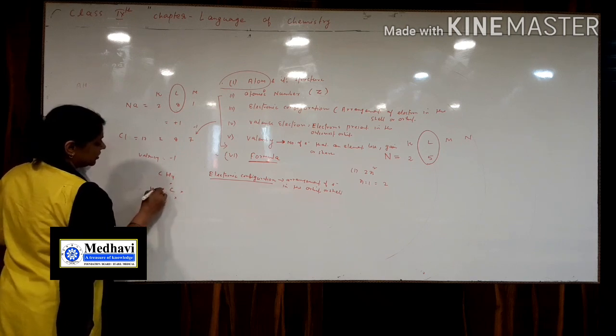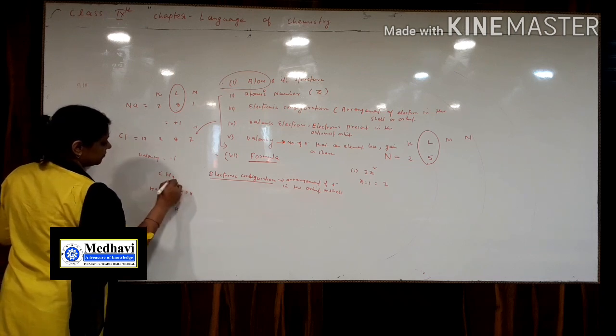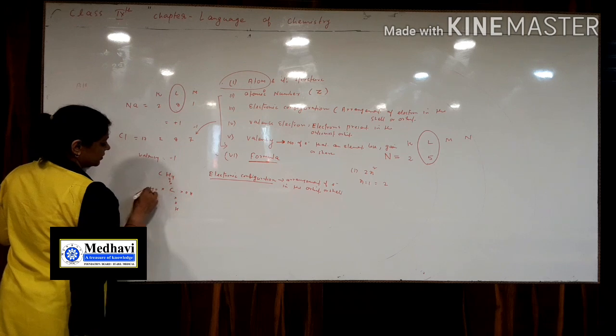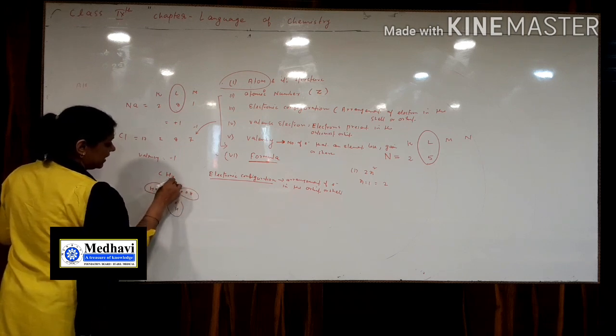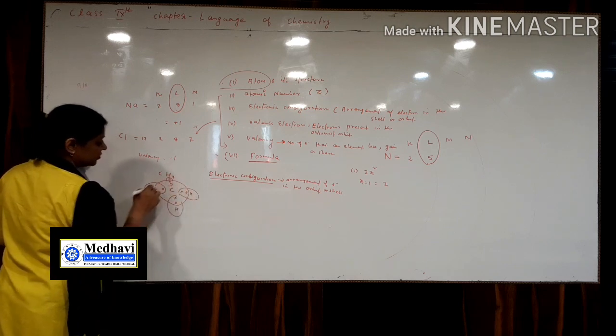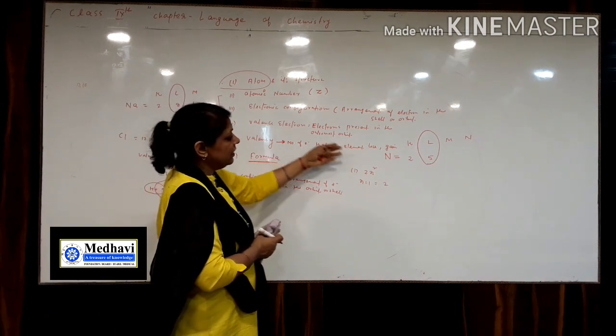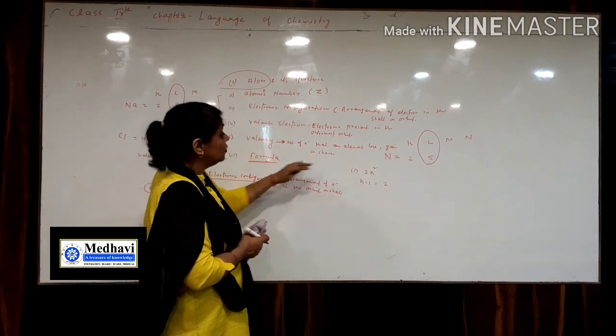In methane, CH4, carbon can share 4 electrons with hydrogen. This is the structure of methane. So here the valency of carbon is 4. So don't forget, valency is the number of electrons that elements can gain, lose or share